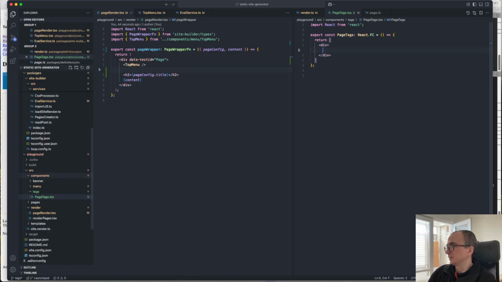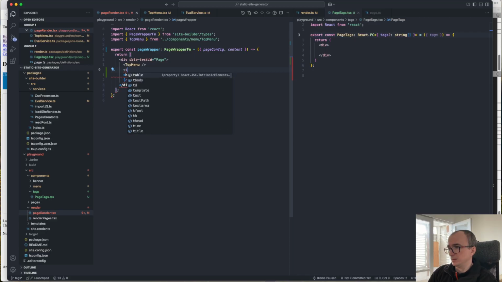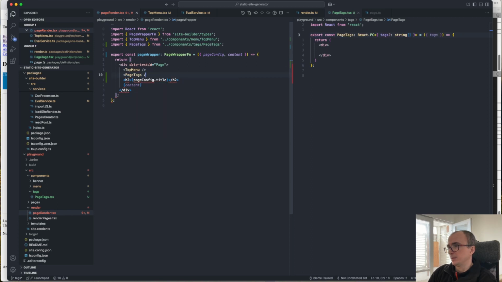Oh my god. Okay. And here will be, oh no, not here. No, actually here. And now I need to define type of the tags, which will be, I believe, just string, array strings, and it will be optional. Okay, and here page, come on, page tags, and page config, and I should have tags here. Okay, now